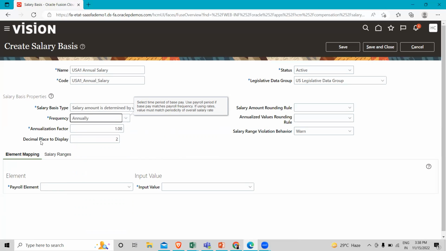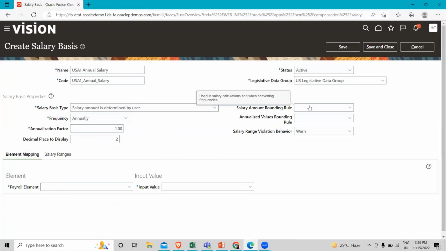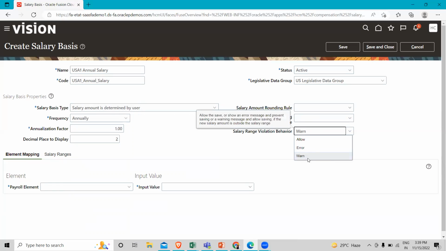Then there is a decimal place to display and salary amount rounding rule. It's used in the salary calculation when converting frequency and annualized value rounding rule and salary range violation behavior, if you want to give warning, error and allow. And then here